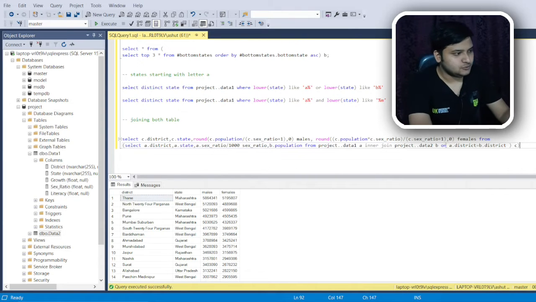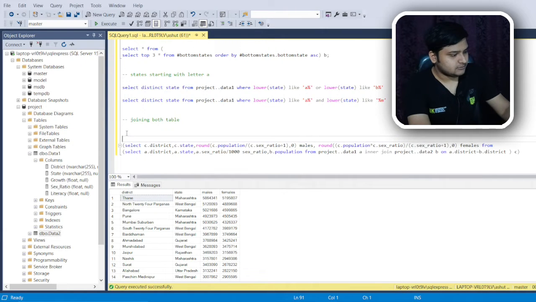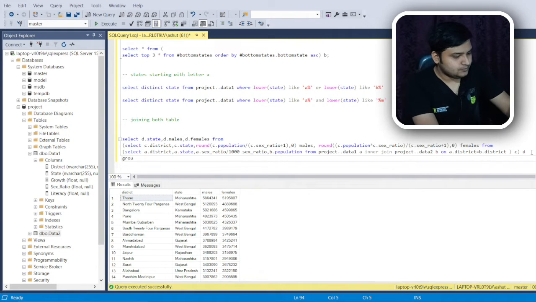So let us use the group by functions which we have been using in the previous questions also to solve this. So I would do a simple select, and then I would be providing the name as D here, and then D dot state, comma D dot males, comma D dot females from, and then we'll be grouping by